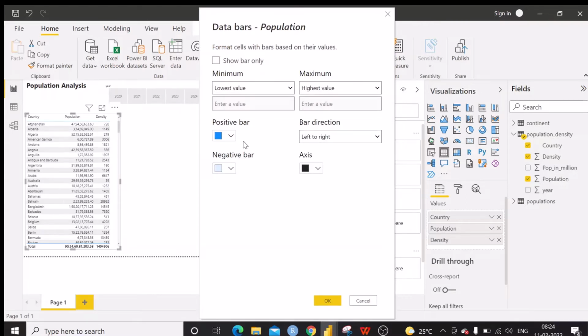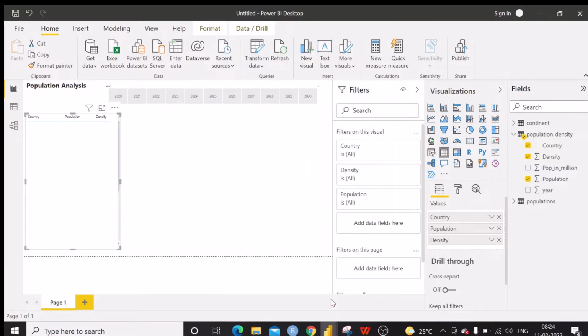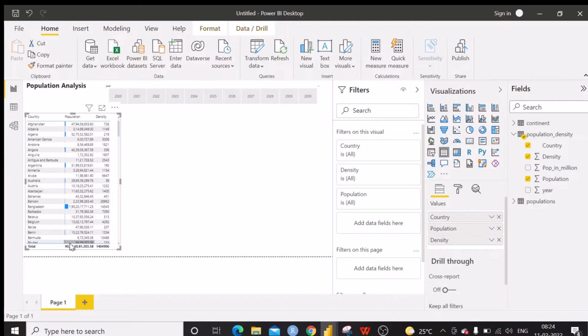Okay, the positive bar is blue and the negative bar is light blue. It seems to be okay to me. So I click OK.